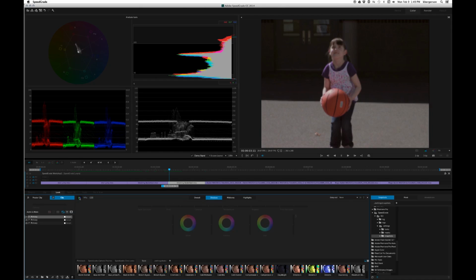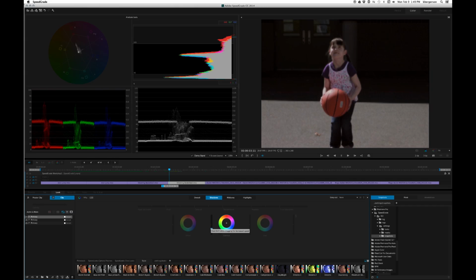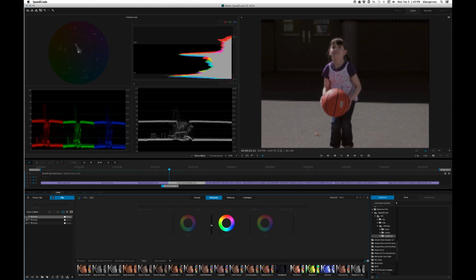and let's go back to the color wheels, and let's pull down the shadow gamma a little bit. Okay, I like that a little better. Now, so the girl looks pretty good. We've got good saturation. The ball just seems a little bright, so let's pick our secondary color correction, and we'll pick our ball,